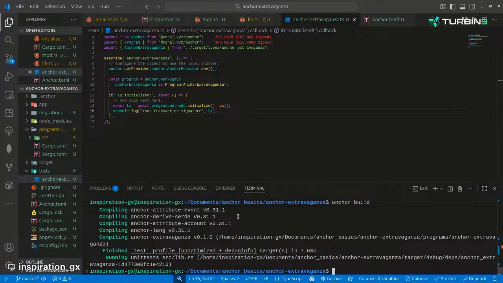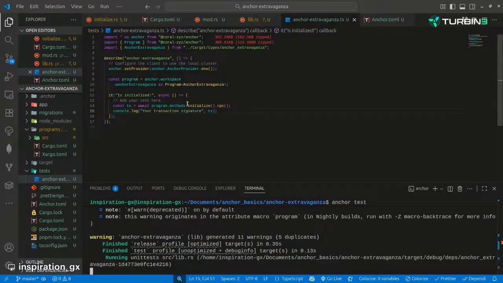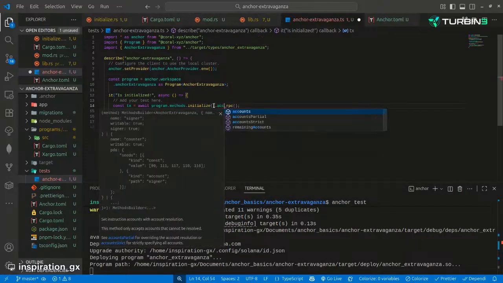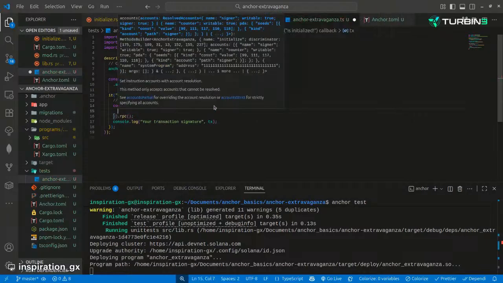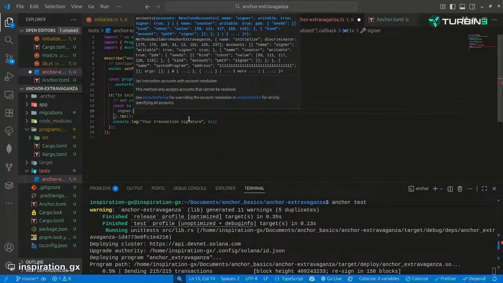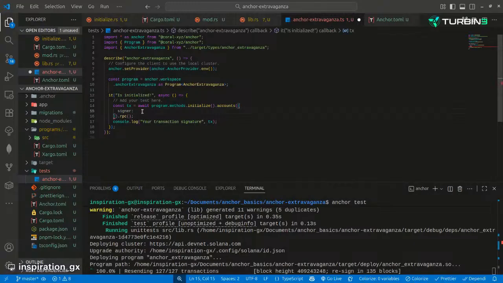Bro, just anchor test. So to build it, to deploy it, and to test it. I'm thinking that it would fail because we did not specify the account that we are working with here. Need to take his account and to ask for the signer. Yes, it fails. Need to specify who the signer is in this case, and also yeah, we need to specify who the signer is. Then since the signer is my account,